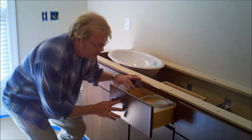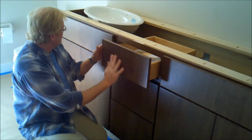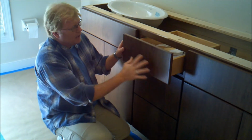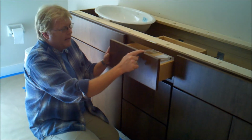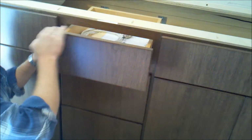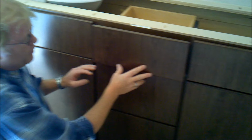And then the face of this, now I don't know what the finish is on this, and I didn't get a chance to ask him what this was, but it might be a rub finish or something like that. What he's done is, this is actually a ply material, so it's very durable, and then it's got a solid stock material all the way around the edges to finish it out. So when you look at this edge, you're not going to see the ply, it's got about 1/8 of an inch of material around the perimeter of it. Real nice construction,